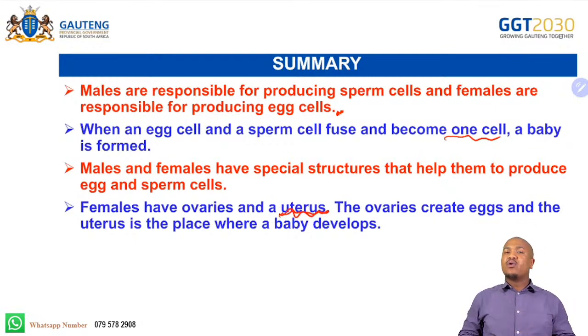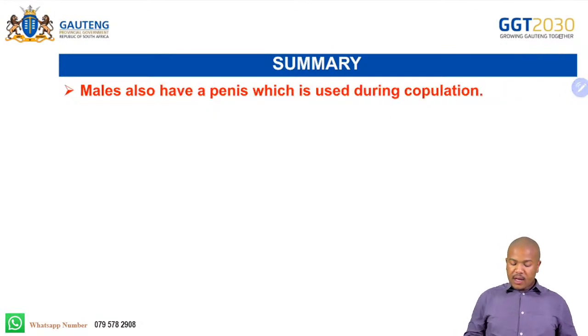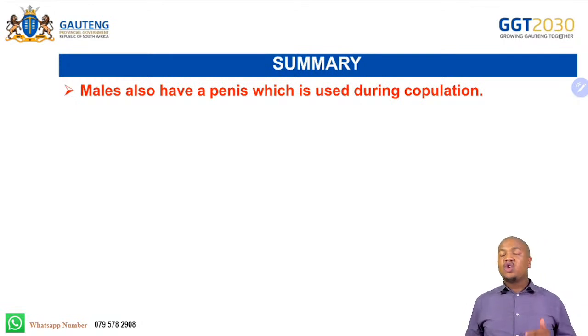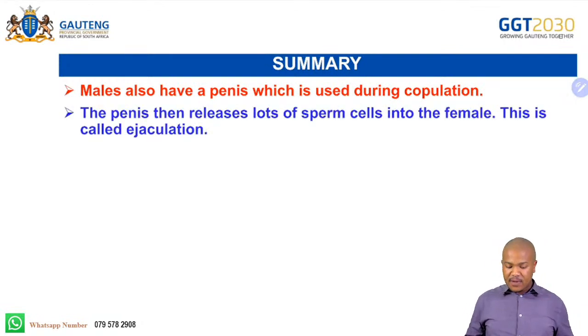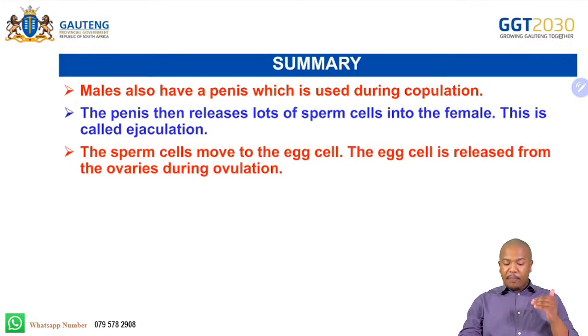This is where the baby will receive nurturing, and growth, and maturation. Males also have a penis which is used during copulation, right? The penis then releases a lot of sperm cells into the female. This is called ejaculation, as I've said. And the sperm cells move to the egg cell, and the egg cell is released from the ovaries during ovulation,